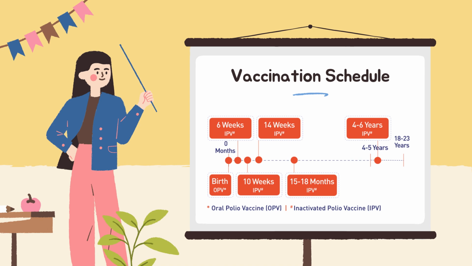Recommended polio vaccination schedule. For children, the standard vaccination schedule includes 4 doses. First dose, 2 months old. Second dose, 4 months old. Third dose, between 6 and 18 months old. Booster dose, between 4 and 6 years old. For adults who have never been vaccinated and need protection, the schedule includes 3 doses. 2 doses given 1 to 2 months apart. A third dose given 6 to 12 months after the second.